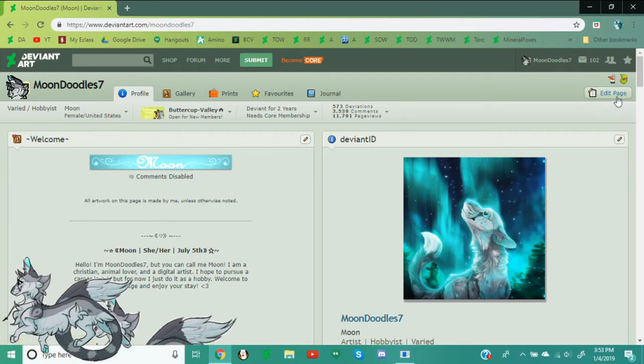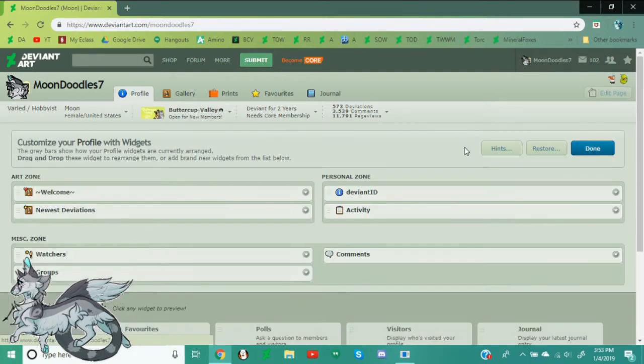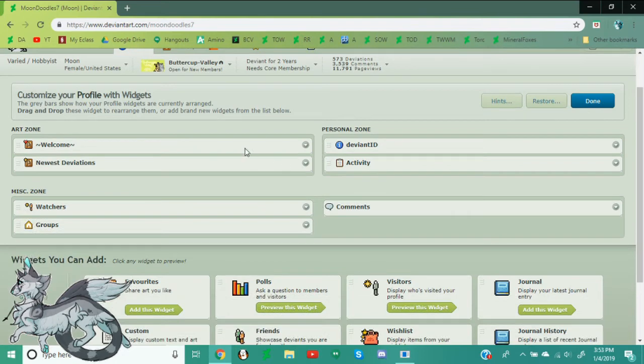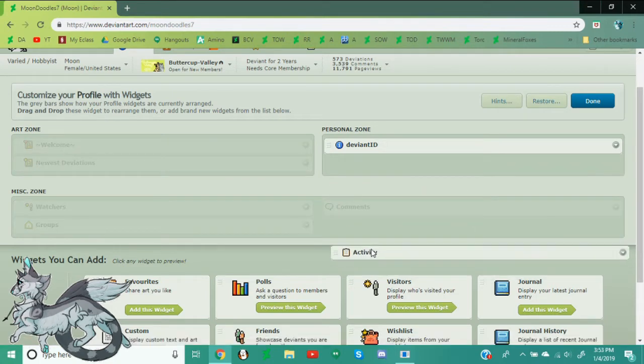To edit your widgets, there's this button that says edit page at the top. You click that, and that gives you your profile as it currently looks, with its current widgets. Some widgets you can't take off, some you can. I believe comments you cannot take off. Activity,